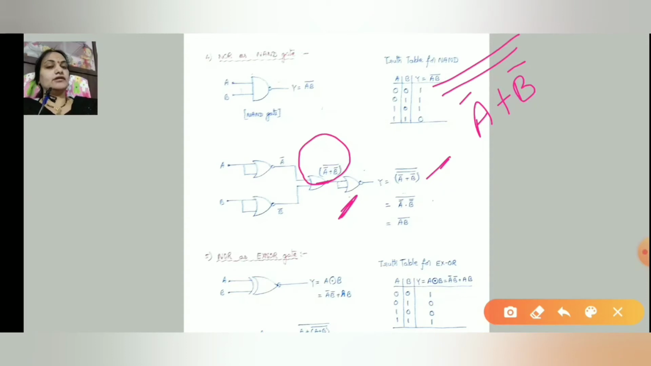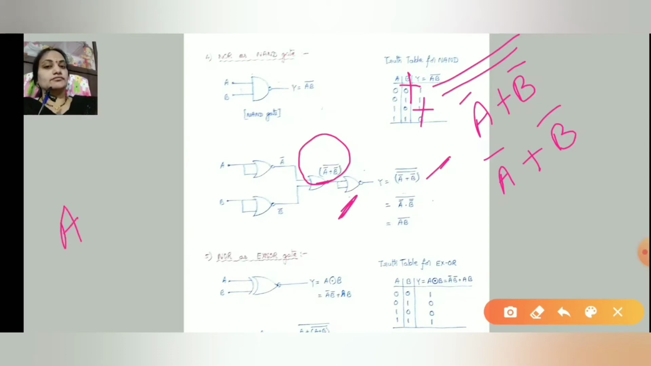Again, a double complement is there. Double complement means you can cancel the two complements. Okay. Again you will get A complement plus B complement by cancelling these two complements. Now, by using De Morgan's theorems, okay,